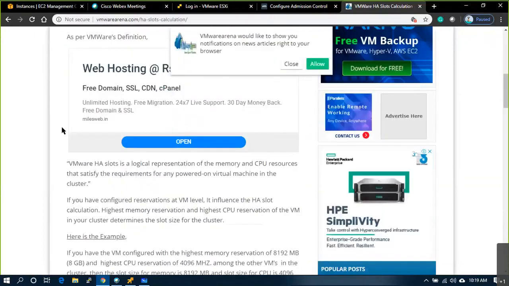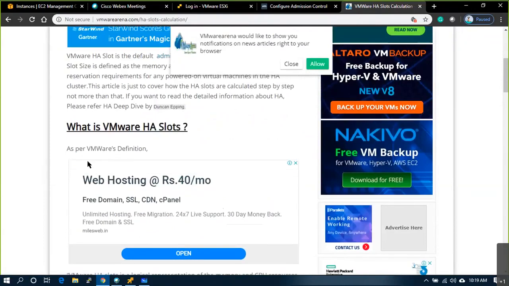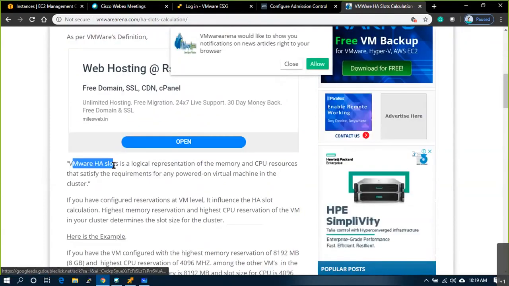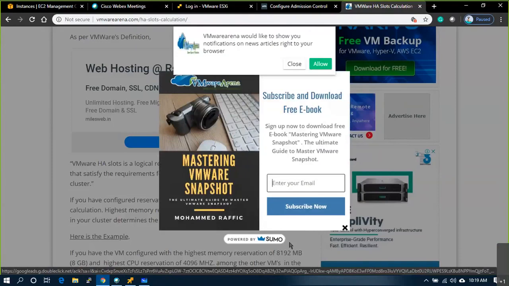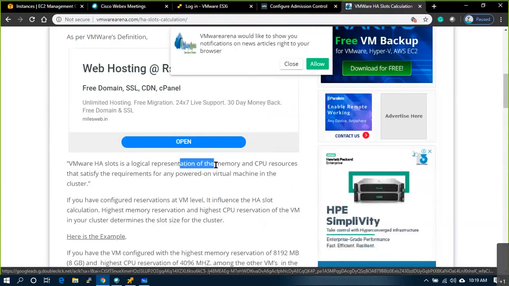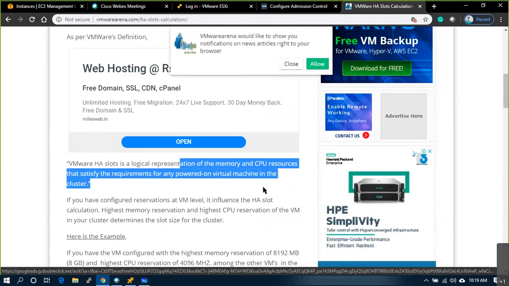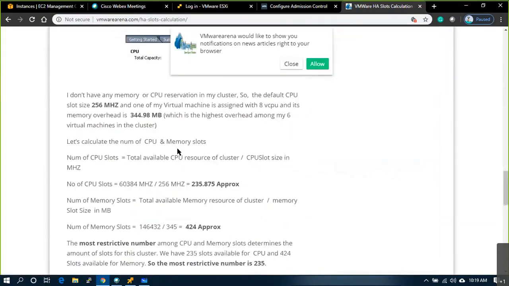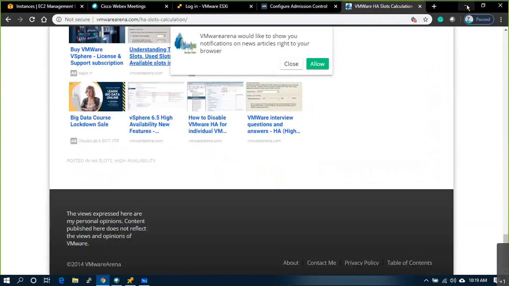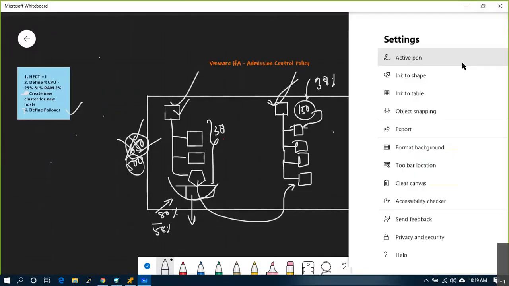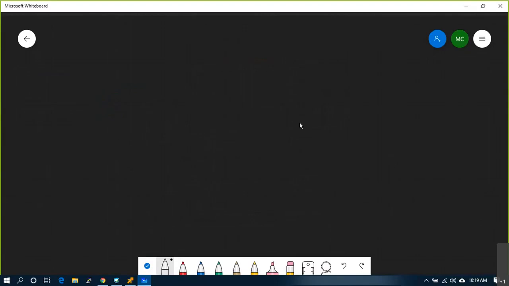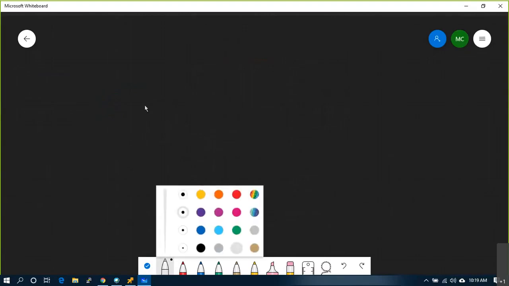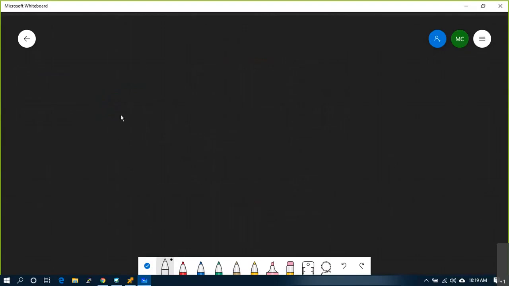Okay, in HA, as per VMware, an HA slot is a logical representation of memory and CPU resources that satisfies the requirement for any powered on virtual machine in the cluster. So before we go on to calculate all these things, let me take a simple scenario and explain slots. Okay, how many hosts do we have?